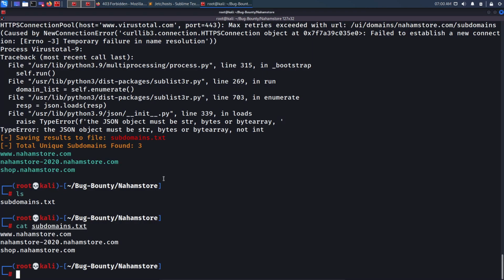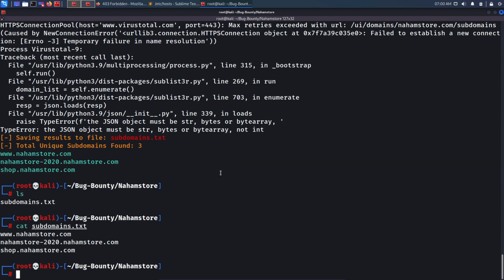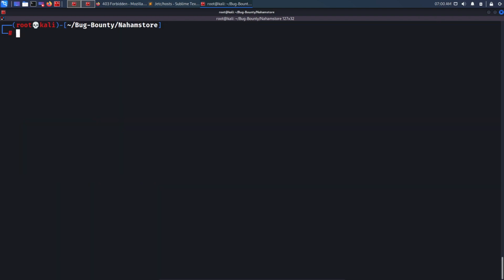Let's come back here, and now Sublist3r is not enough for me because it has found only 3 subdomains, so I need to find some more. One of the most powerful tools in my methodology is Amass, because it is one of the best, and I always use Amass after Sublist3r. The syntax for Amass is amass enum, and we need to do brute force as well. So -brute and -active mode and -d for domain. The domain will be again